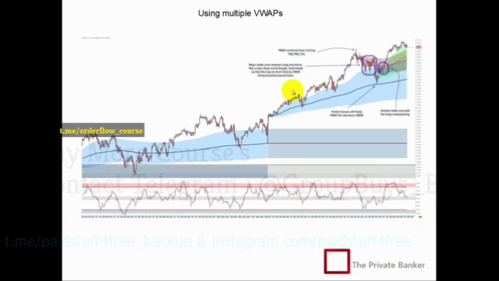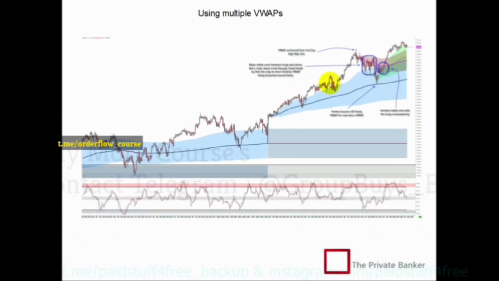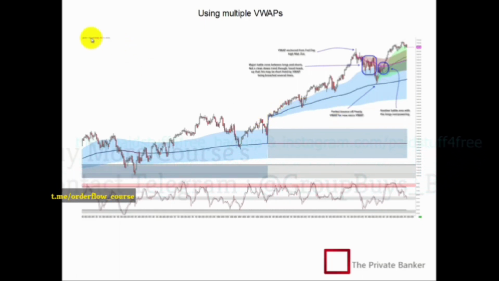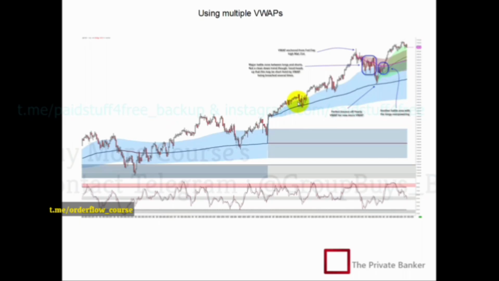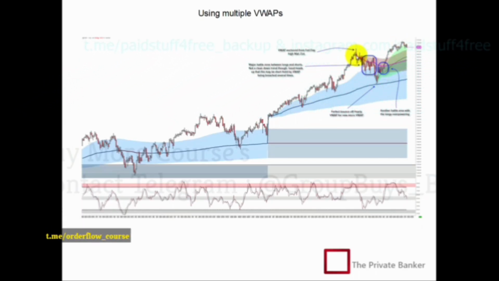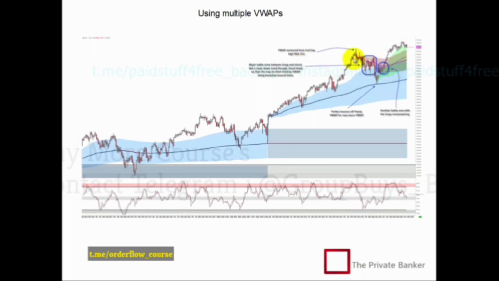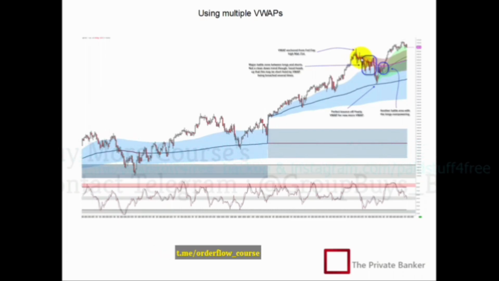We can also use multiple VWAPs to really just analyze what the market's doing. So what I have here are multiple VWAPs anchored and plotted on a chart. These are again the ES contract on a daily bar chart. We see the market's bouncing off VWAP several times, but we also see that the market formed a key fractal high there. Apologize for the misspelling there, that was meant to say May 21st, but anyway, that was a Fed day,